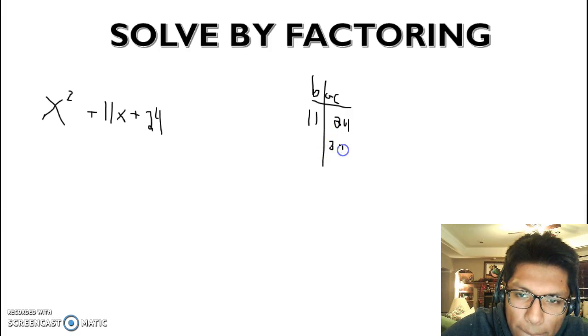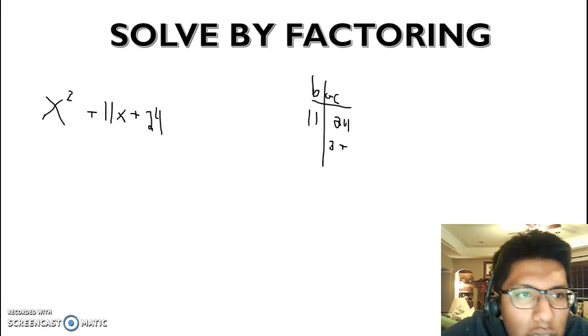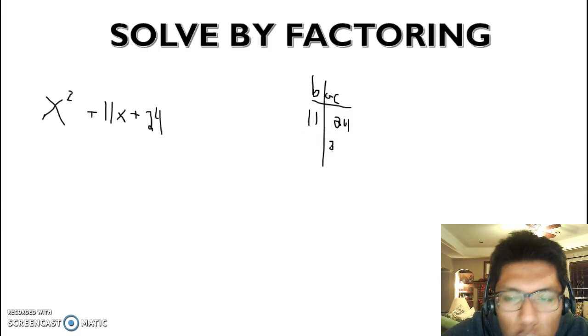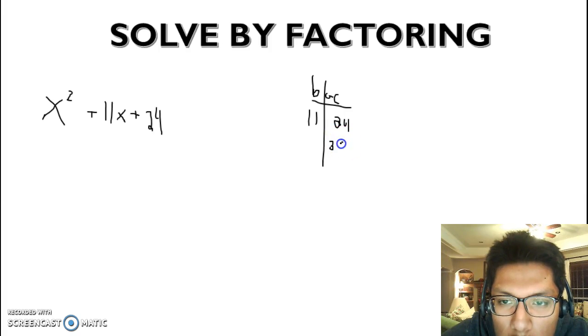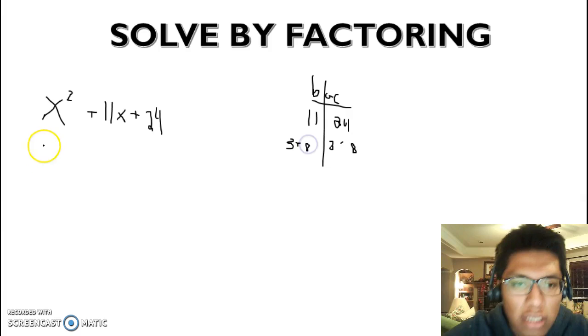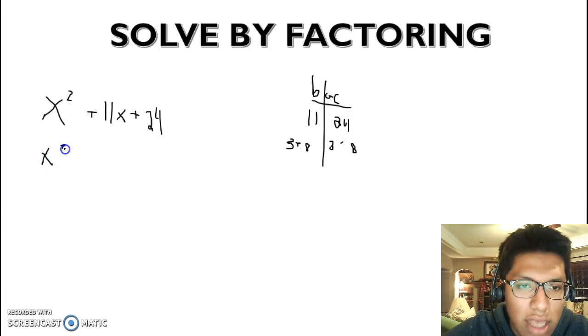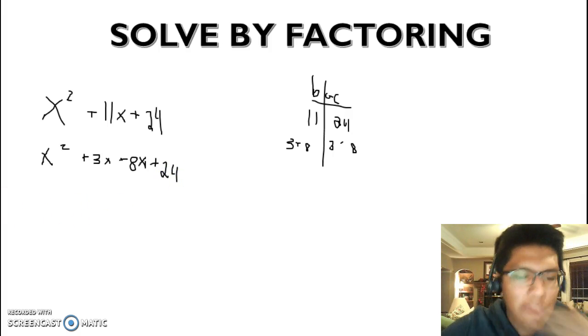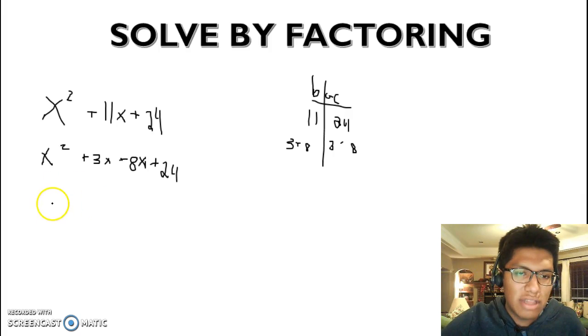So 3, oops, not plus, because you're multiplying. So 3 times 8 gets us 24, and 3 plus 8 gets us 11. So now we plug those in over here. X squared plus 3x plus 8x plus 24. So after you've done your factoring with them, you're going to be left with x plus 3